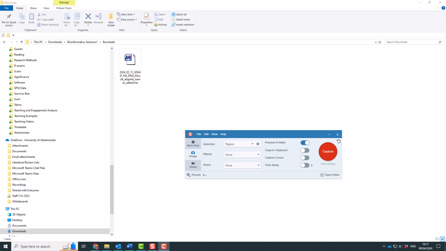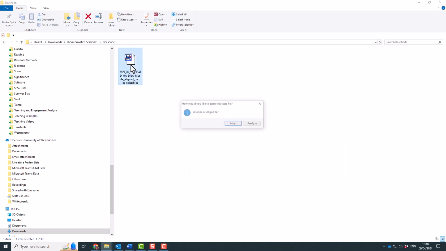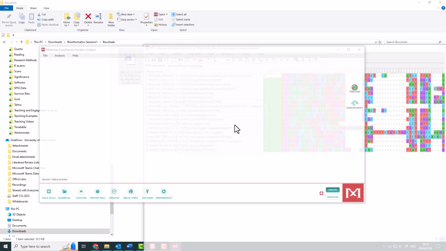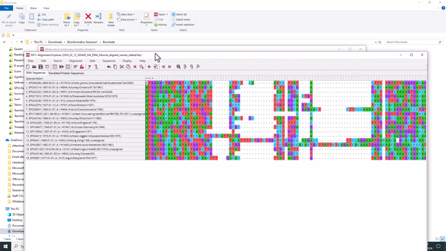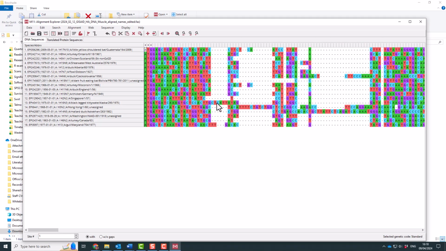If I want to put an alignment into a document, so if I want to include it in a paper or in a project report, then probably I don't want to include the entire alignment. But let's say that I do. So what I need to do is take what I get from a program like Mega. I need to get this information and have it in a format that I can